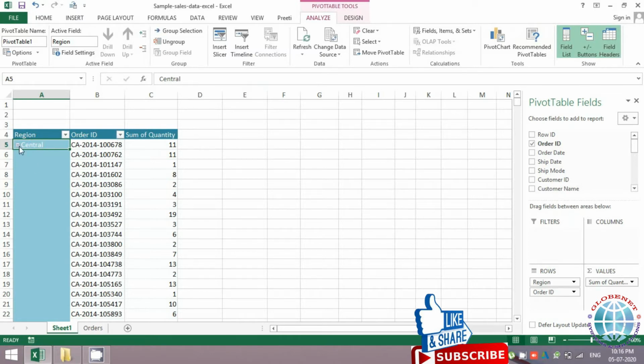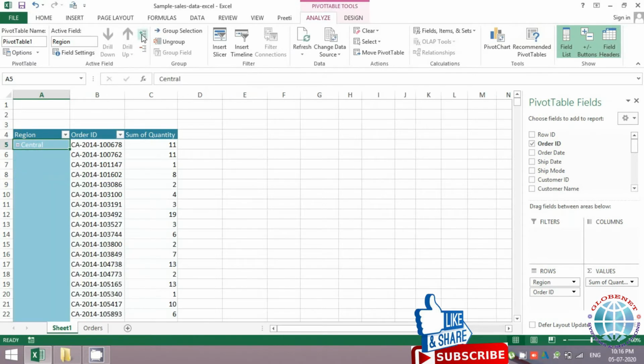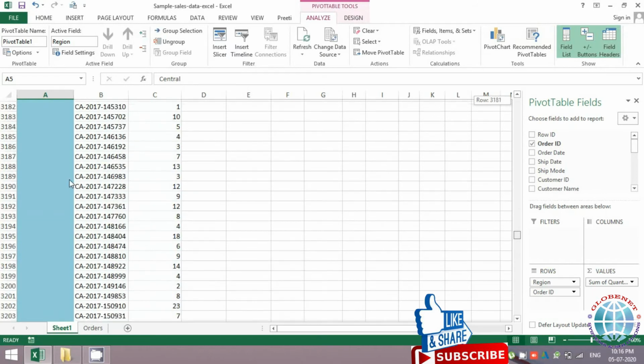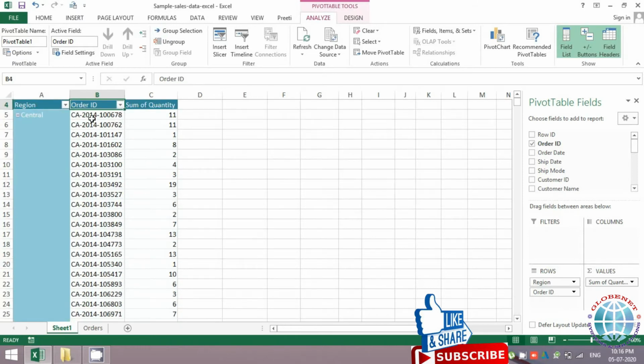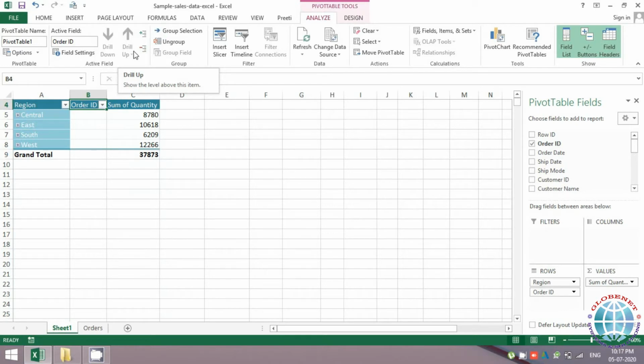Now instead of me doing it one by one, there is an option wherein you can do it at once. If you see over here, you have an Expand Field which will expand all the fields at once. This is ideally used in cases where your data is huge. Now if you see, this is a very huge data, and that's the reason why that option was used in the first place. If you want to collapse it, you can just quickly collapse it and show just a high level overview. And in case at any point you feel that order ID is too much detail to be shown in this view, you can anytime remove it, or you can keep a specific filter.